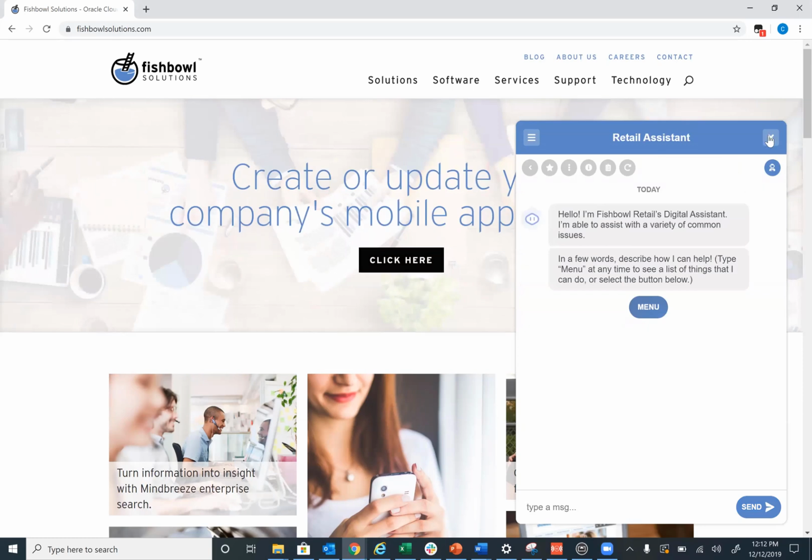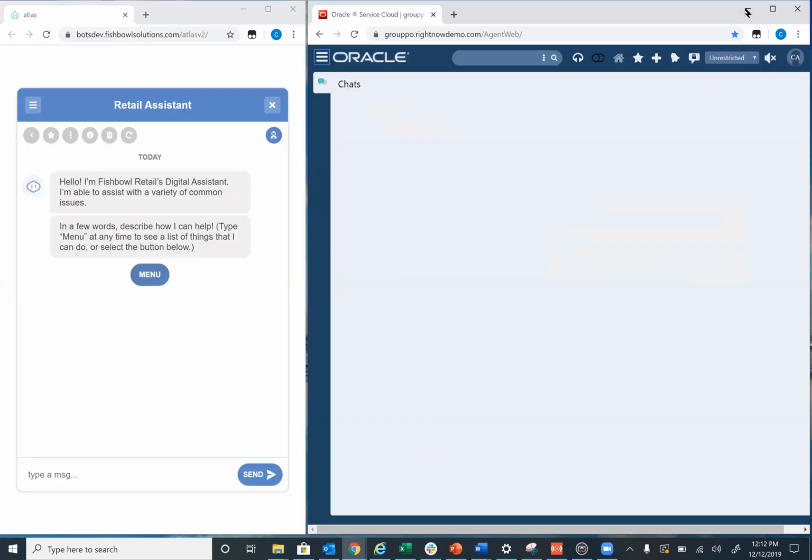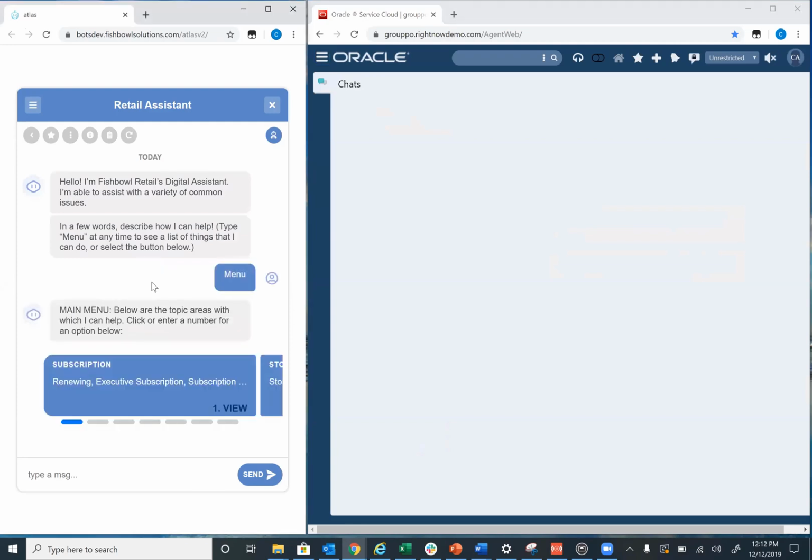For this example, I'm going to go now to the demo and show you how this scenario would play out. So coming to the retailer site, click into the bot, and you can see here that you have the menu options. To start, when the shopper comes to the site and begins the interaction with the bot, the first thing they're going to want to do is figure out where's the closest store to me and what are the hours for that store. So they're going to prompt that menu to begin, and then as they click through the menu options, they'll see that you've got store info here as the second option. So they're going to click into that,